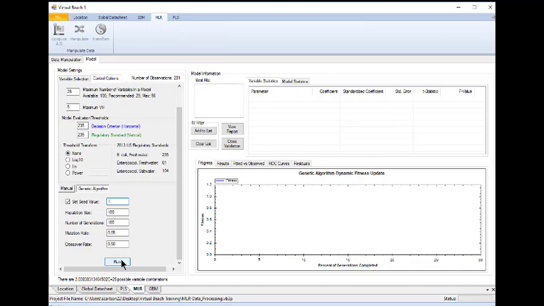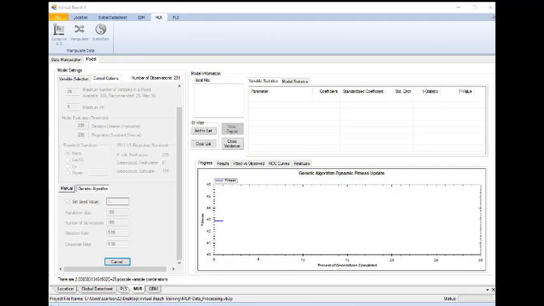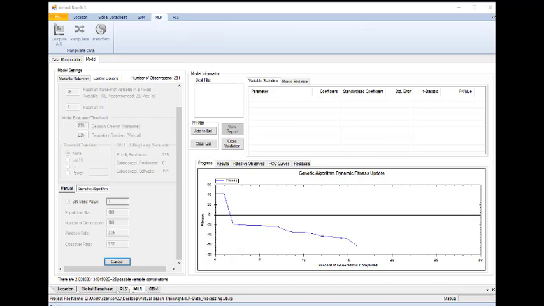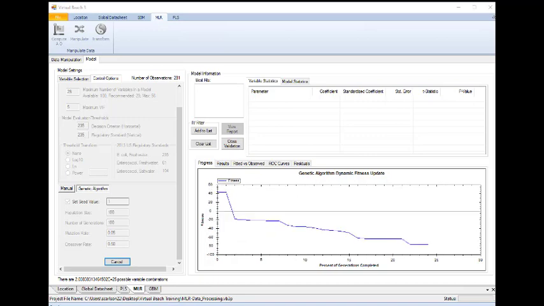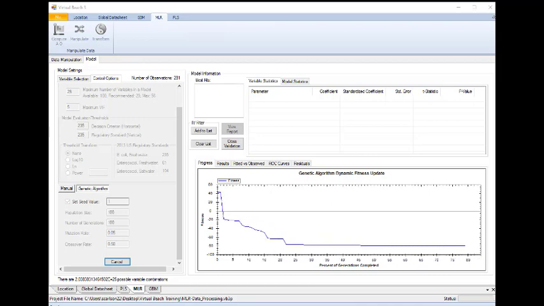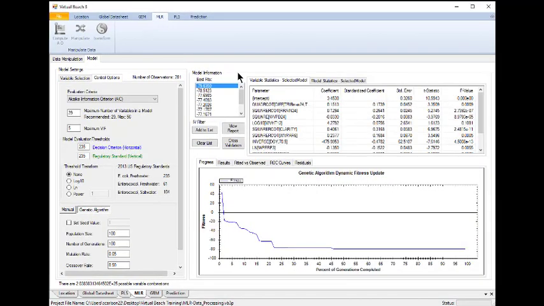Click Run. Virtual Beach will now begin analyzing various combinations of variables and calculating the corresponding equations. While the optimization is running, you will see a blue line progressing across the graph. The y-axis, fitness, shows the successive model's values with respect to the evaluation criteria, in this example, AIC. When the model building routine is completed, a top 10 list of the models with the best fit will appear,